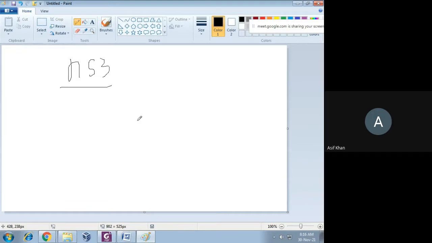So this is the advantage of the network simulator. You can emulate a network by creating that network using this NS3 simulator.